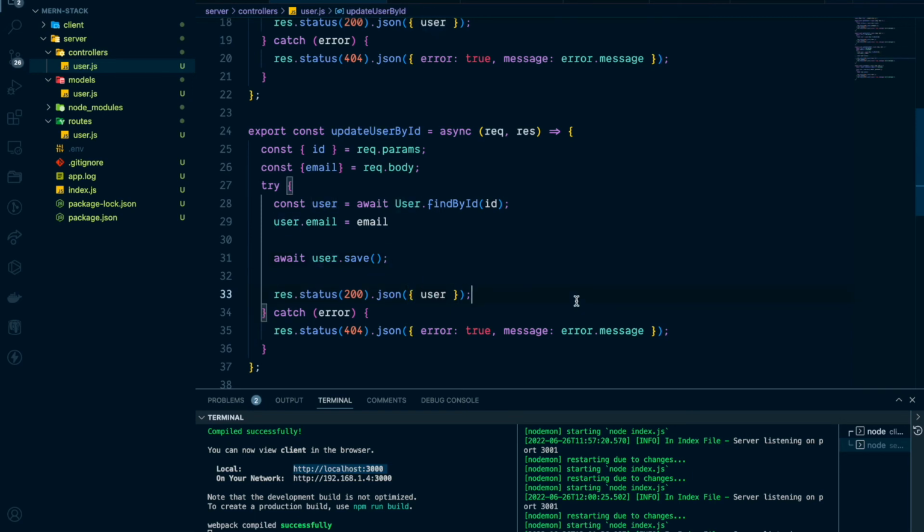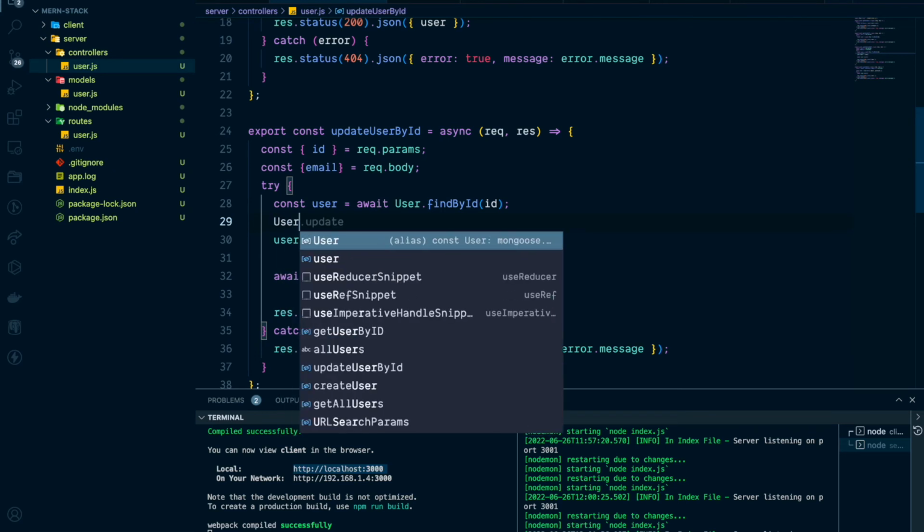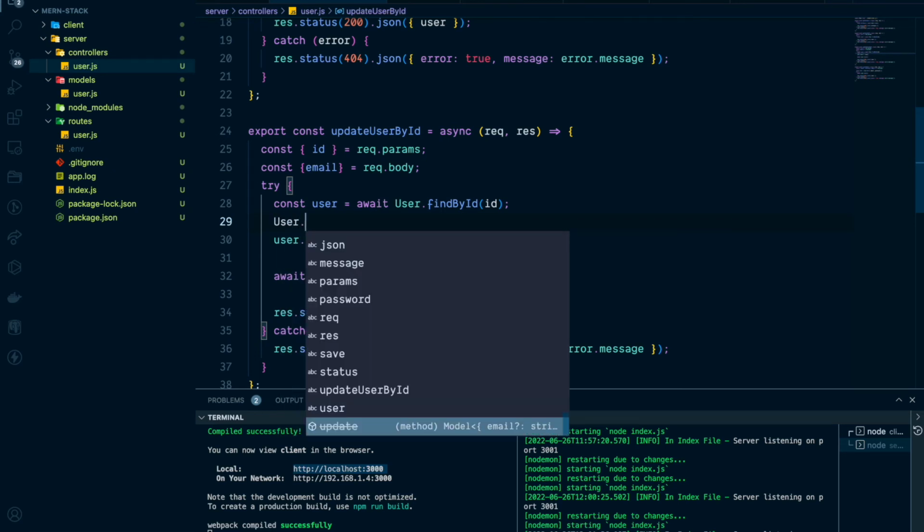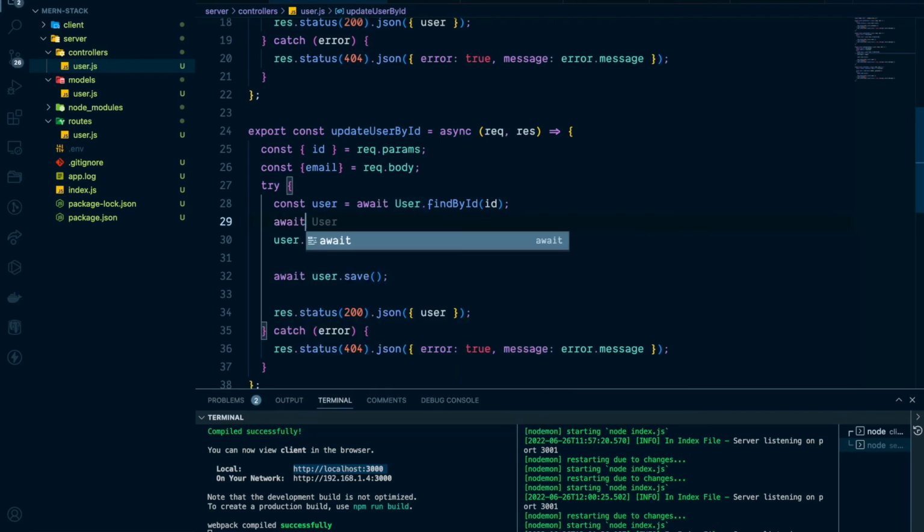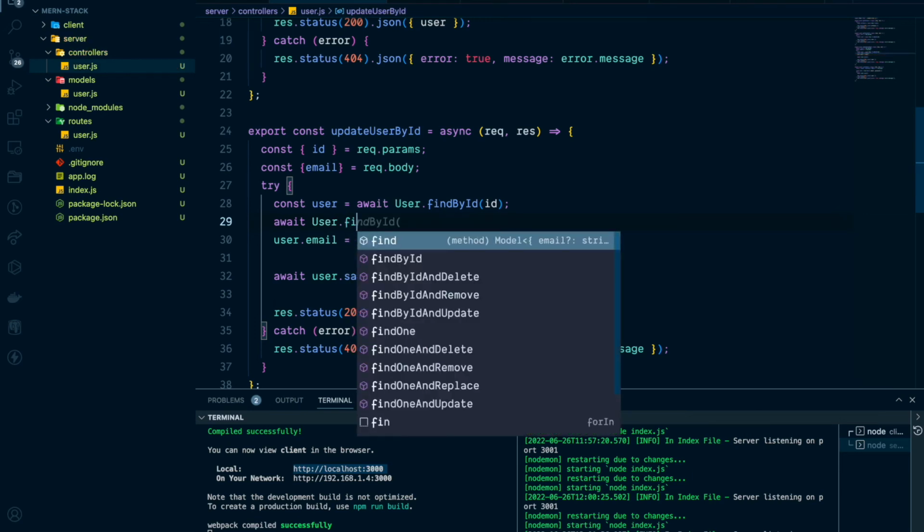See, there will be things like this in the model, but never use this. For example, you can have await user.findByIdAndUpdate. Don't ever use this, okay? I will tell you why we should never use this kind of thing, because in future